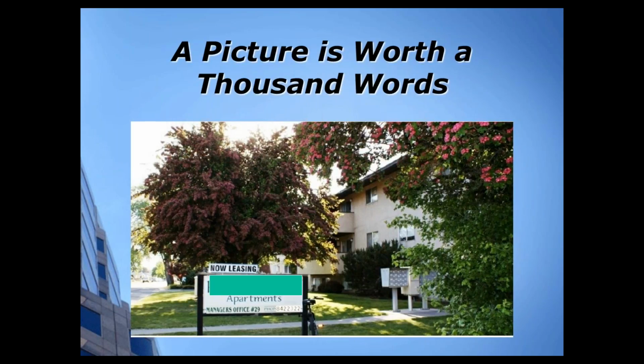But let's talk about the makeup of the building. What do we see about the building? Look at it. How many stories is it? Well, you've got to look closely to realize that there's a basement level to this property. So there's a basement, a bunch of units down there that people rent. I've got to tell you, folks, I would never want to live in the basement of one of these buildings. But